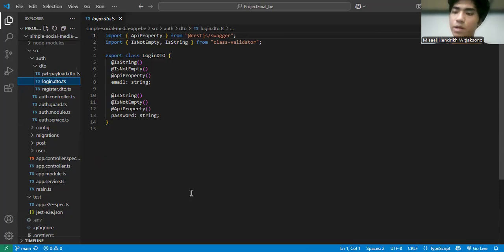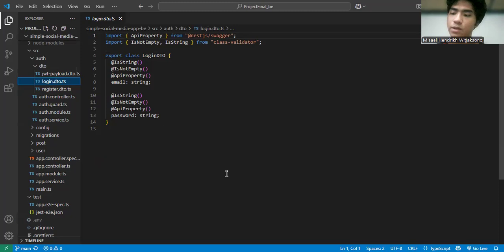Next is POST /api/auth/login. For the request body, this endpoint accepts a JSON object containing email and password. For the validation, the system checks if the provided email exists and whether the password matches the stored hash. If the credentials are invalid, it responds with a 401 status indicating unauthorized access.